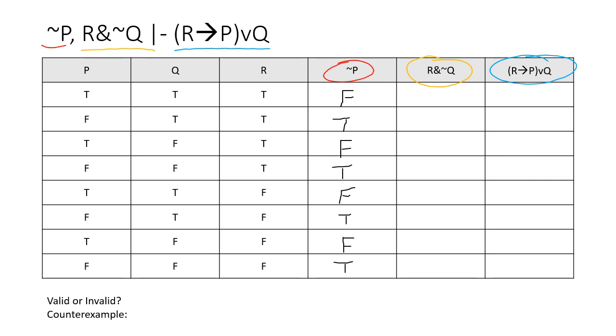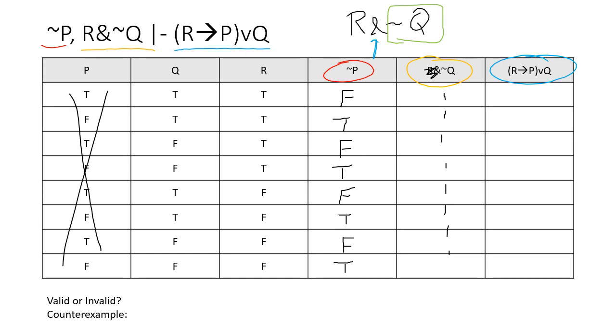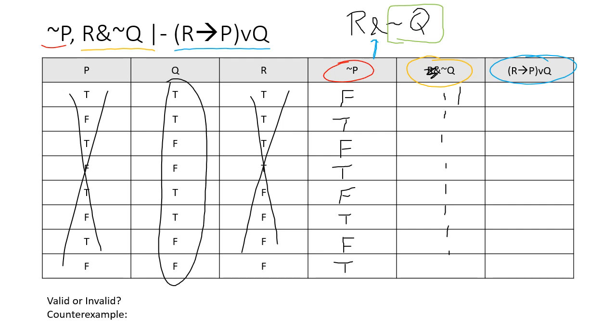Looking at the second premise, we have two operators. We have R and tilde Q. The tilde is just associated with the Q, so we'll have to do the tilde first, and then we'll finish with the ampersand. So just draw some dotted lines down here. Ignore the R and we can just ignore this stuff for right now. And so just like we did with the tilde P, we're going to take all these values and flip them. T's turn into F's, F's turn into T's,